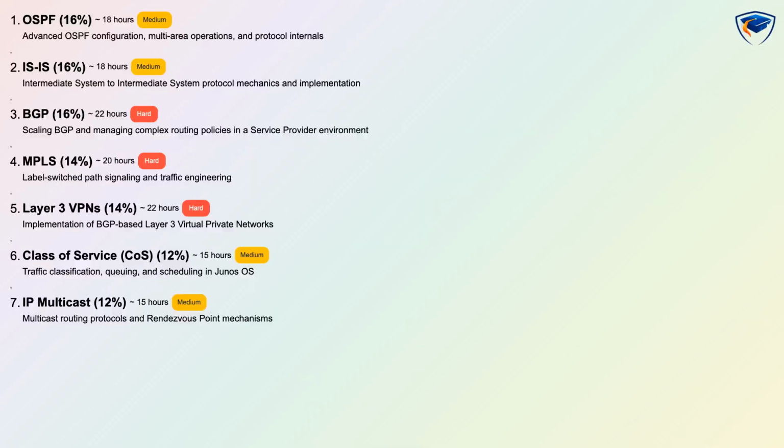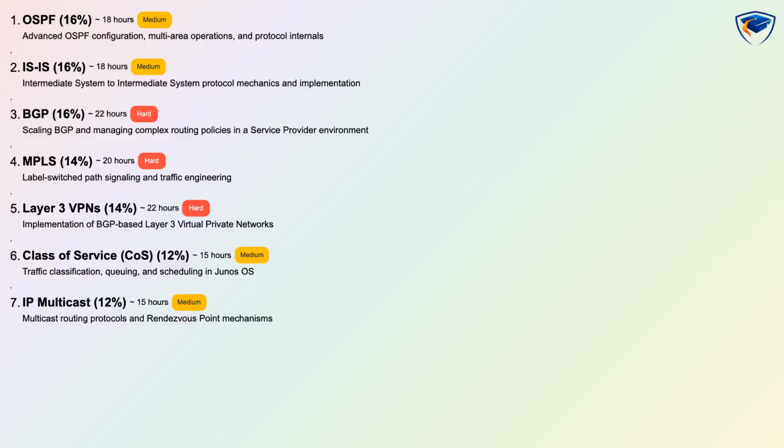Overview of the exam domains and weights. OSPF 16%, ISIS 16%, BGP 16%, MPLS 14%, Layer 3 VPNs 14%, Class of Service 12%, and IP Multicast 12%. The exam mixes hands-on labs and scenario-based questions with conceptual assessments, so plan time for both reading and practical configuration